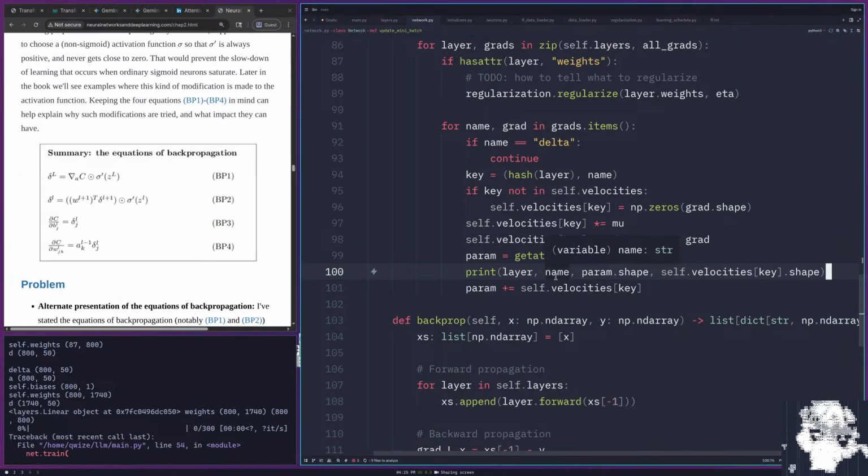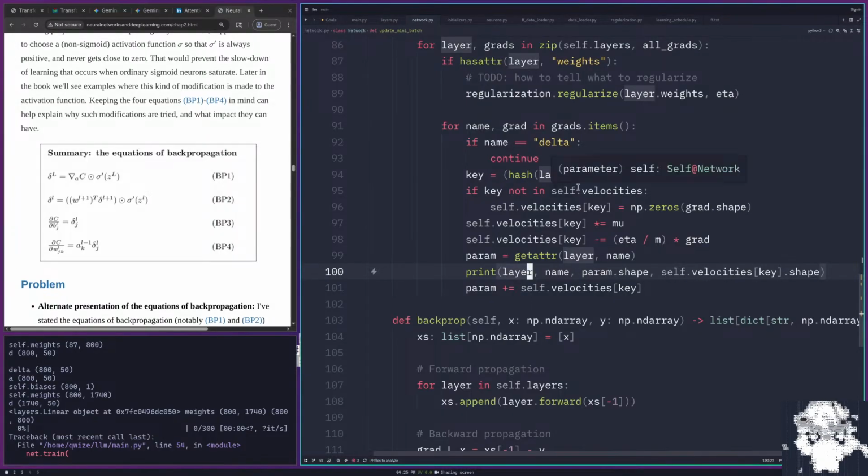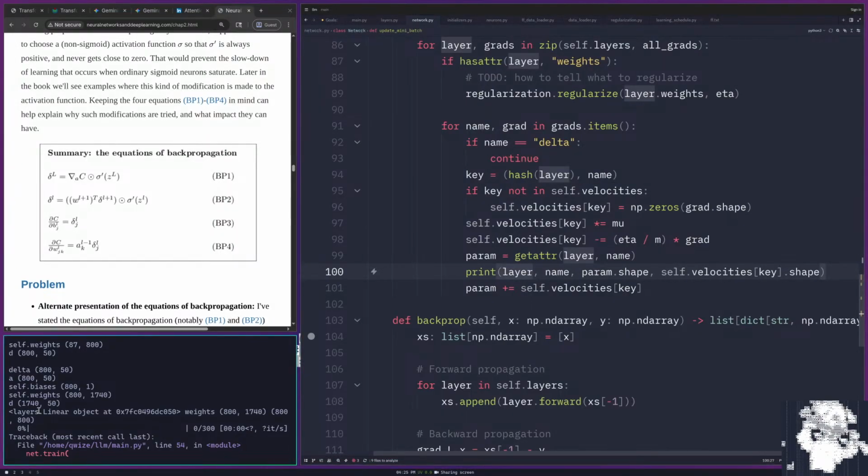Oh, I printed the whole layer. I didn't mean to print that. I meant to print, well, whatever, it's fine. Okay, so we've got a linear layer here. The name is weights, so we're trying to update the weights,